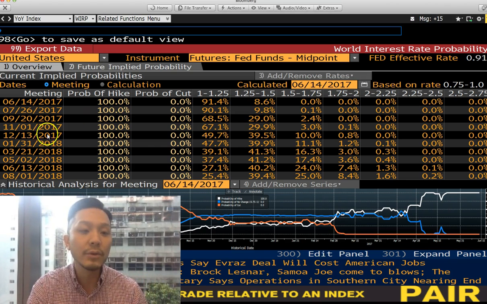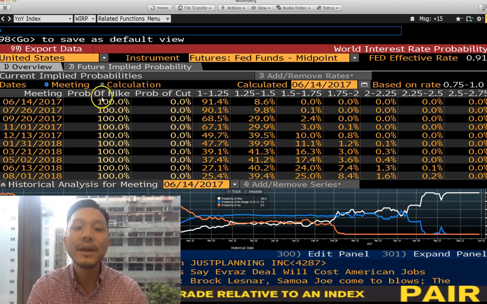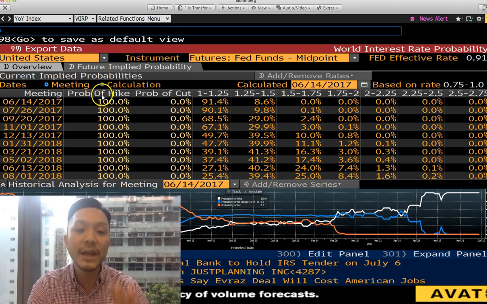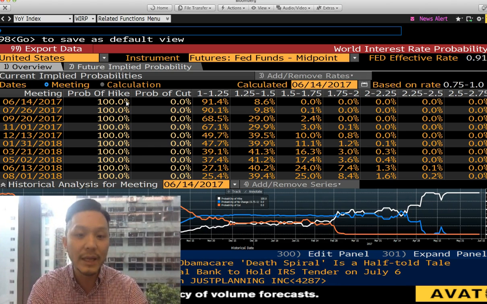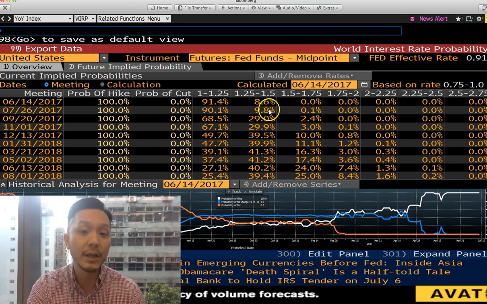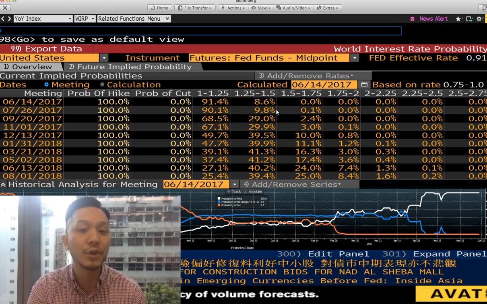So when you go down, the next one is July 26, right? So it's still 100%, right? It means that even though Janet Yellen tonight would say, oh, let's keep the interest rate the same, next time it's still 100% of a hike, but Janet Yellen will have an extra 1.2% chance that she will say let's raise the interest rate